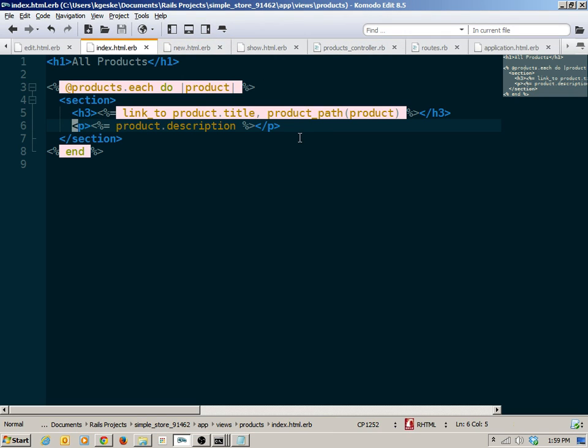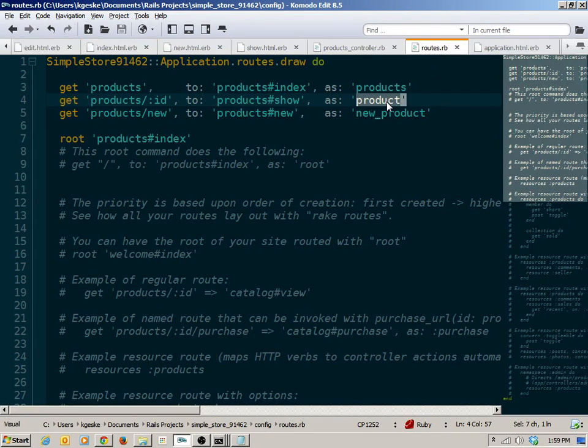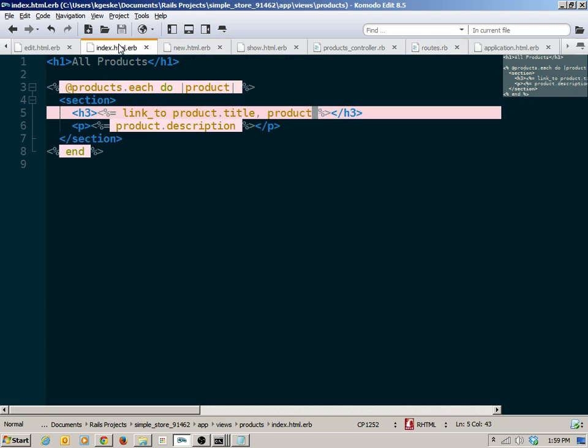Now we want a more complex kind of helper. We want a helper that will actually build a form for us. Oh, and I should also say, this is such a common thing to do, this product path, passing in the product. Rails will actually let us shorten that right down just to the object itself. And because the object is an object of type product, and because we've named the route product, it just infers that we want to go to the product path. So by shortening that,